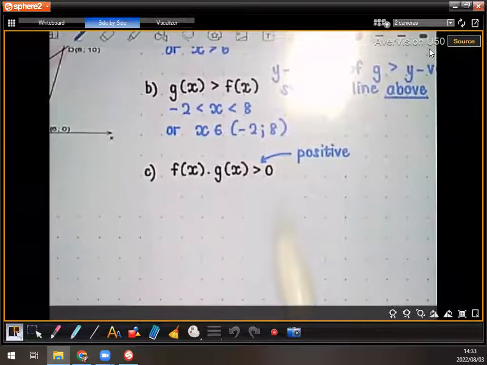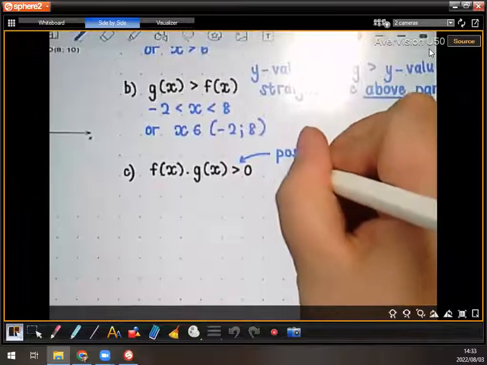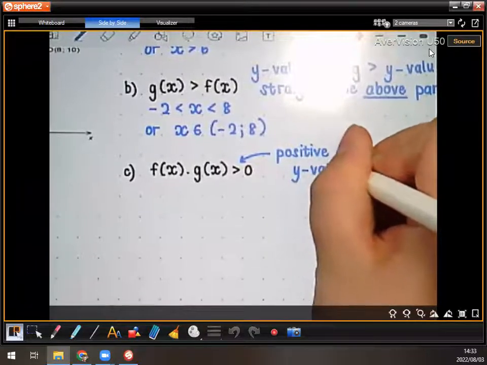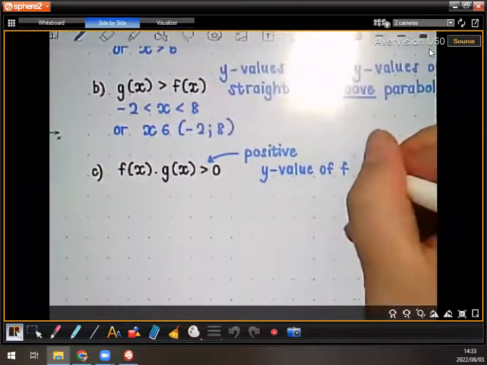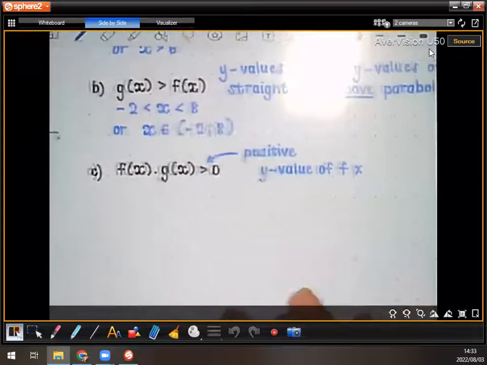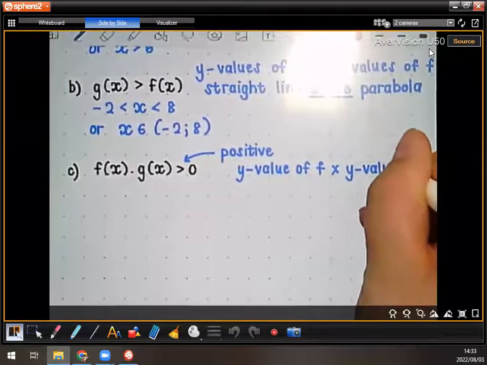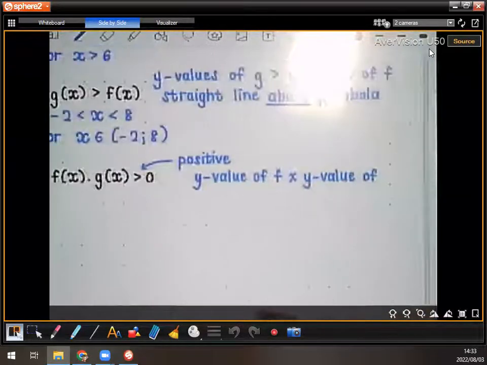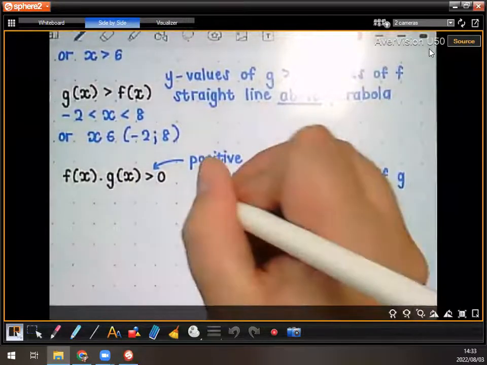So what we need to think now, remember, f of x means y value of f, times g of x again means the y value of g, right? Okay, so the y value of f multiplied by the y value of g must